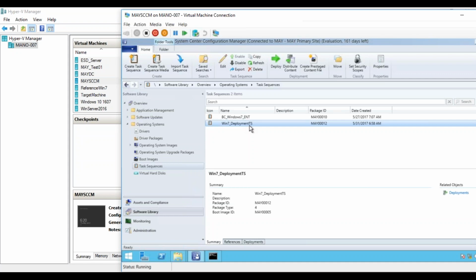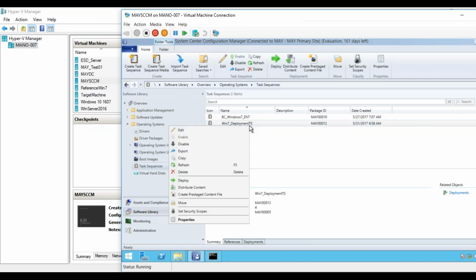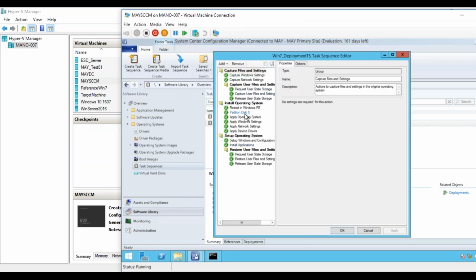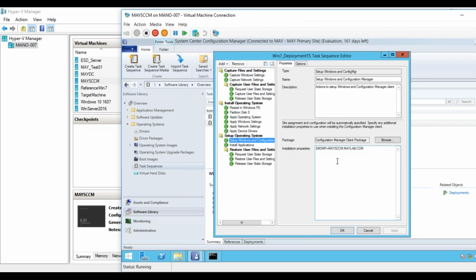So yesterday while I was recording, a couple of errors popped up, and then I troubleshot them. If I want to highlight one thing, what you need to make sure is in your SCCM installation, right? What happened during our build and capture task sequence, and also in the deployment task sequence, is that this particular installation property was not given. Typically in the build and capture task sequence, the machine is in a workgroup